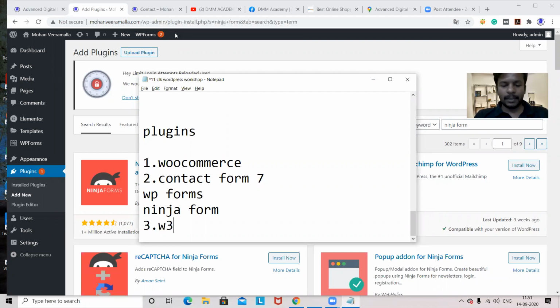And we have a plugin called W3 Total Cache. See, for example, we all have mobiles. In that we have the Play Store. We'll be installing apps. So when you uninstall the app, some properties will still be available in the mobile, like some folders created by that app. Those folders will be available internally somewhere in the storage.